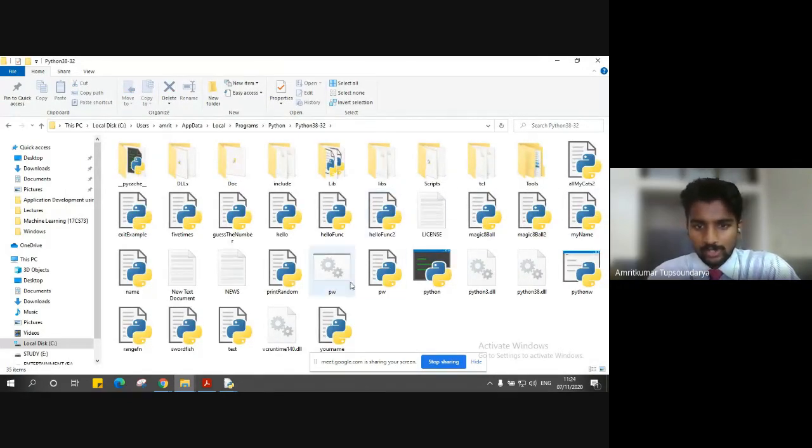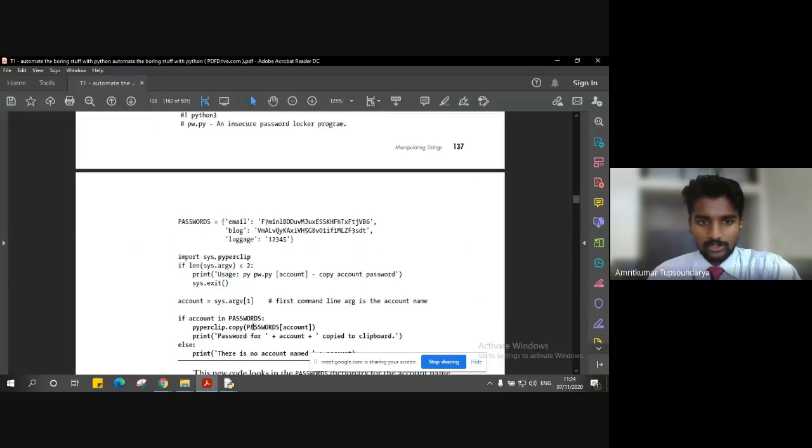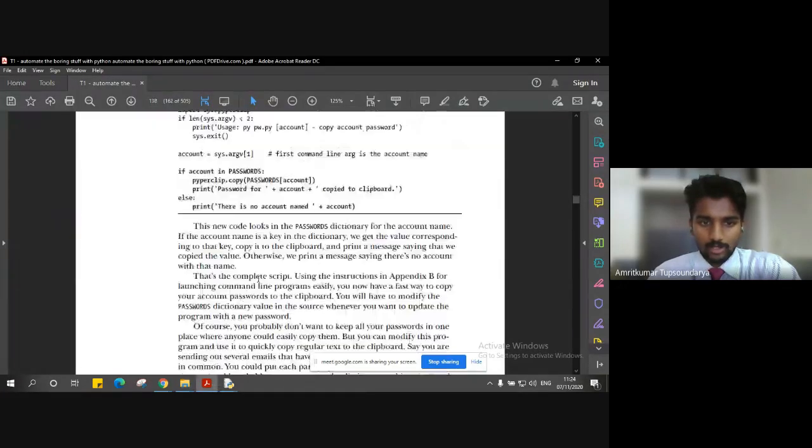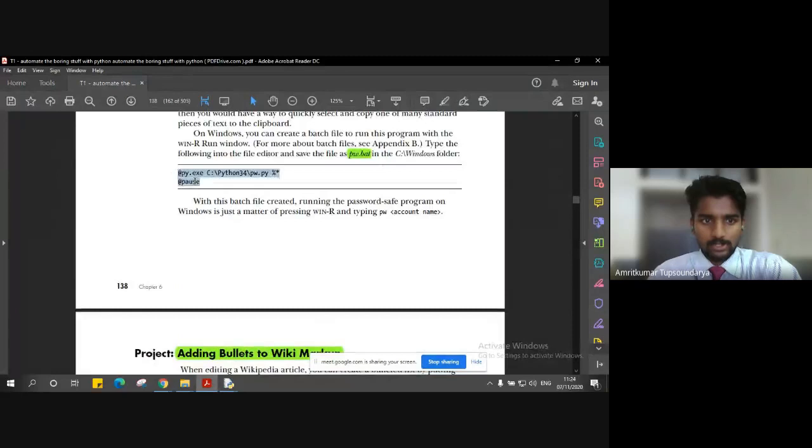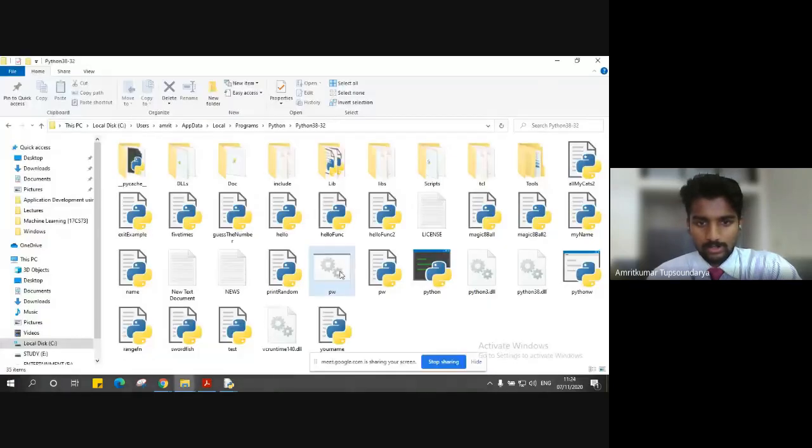Okay, so as you can see here, this is the pw.py file, my main Python file, and this is my pw batch file, right? As you can see, it's a Windows batch file written here. So this is already a batch file which I have created with this text, but mentioning my location in this file. So once I have this ready, as you can see, this is my location. I have my batch file ready and I have my pw.py file ready in the same directory.